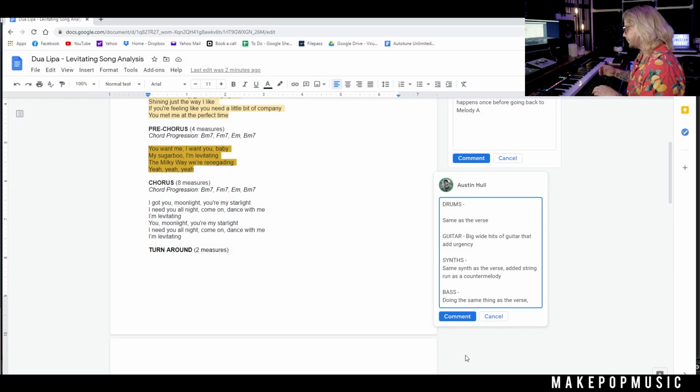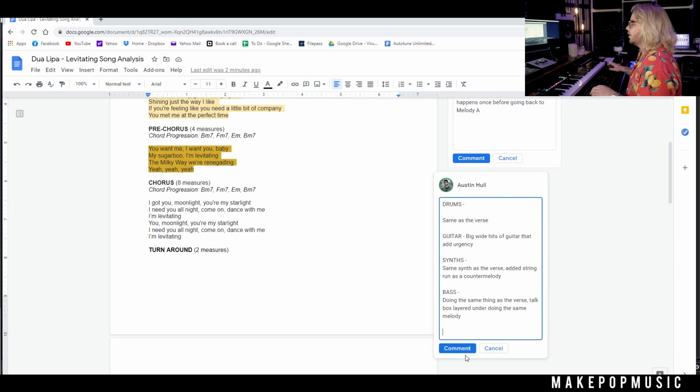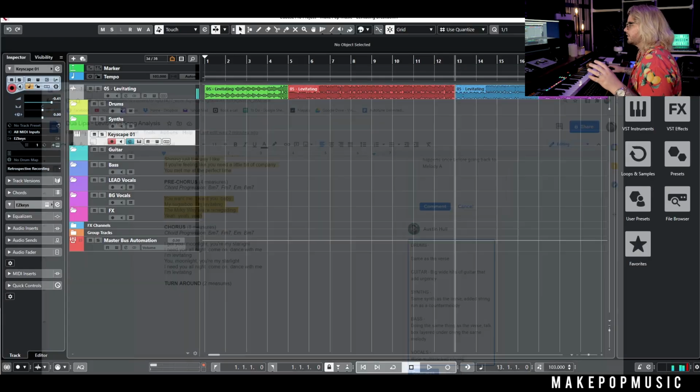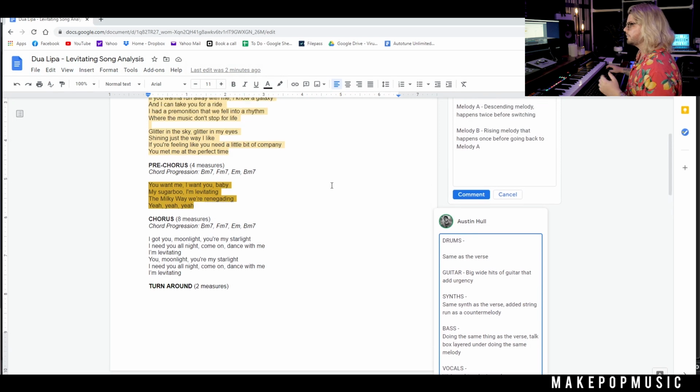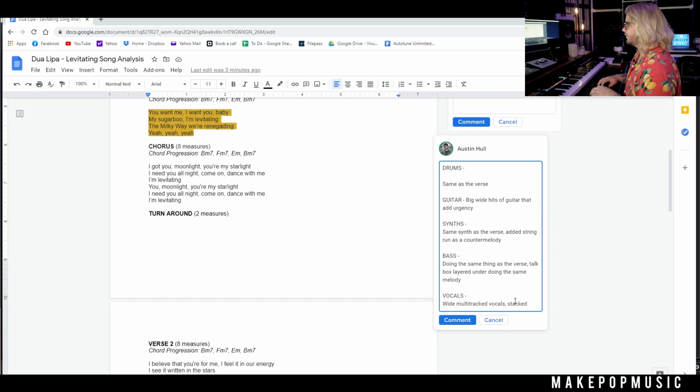And I'm willing to bet it's a talk box because I know that that'll come in later as well. Layered under, doing the same melody. All right, and vocals, we're quite a bit wider here. Wide multi-tracked vocals. All right, so it looks like we're like 3 wide for the first half of the phrases, and then for the "I want you, baby, I'm levitating," we actually have extra vocals that are even more wide, stacked even more on ending phrases, and